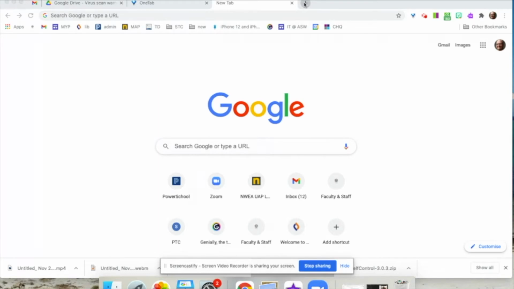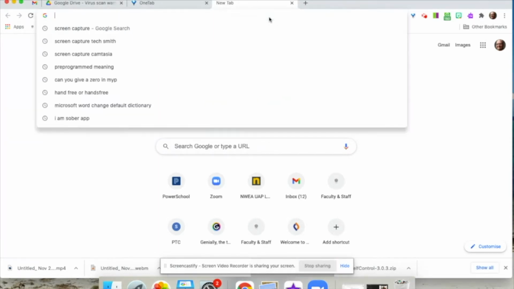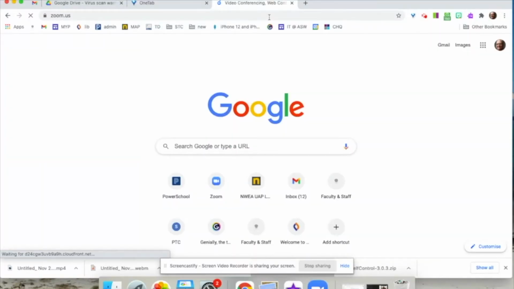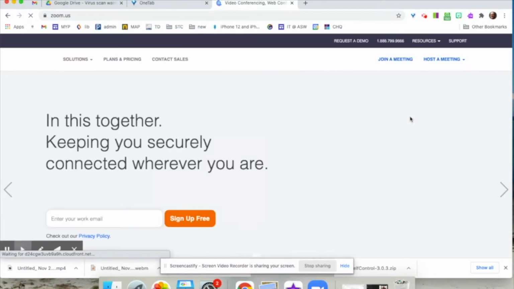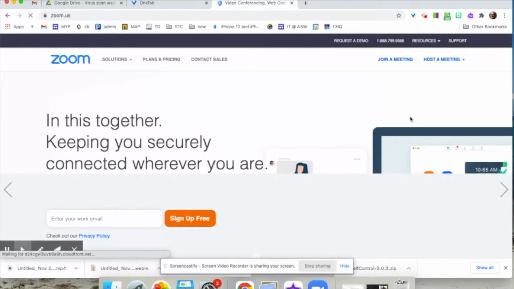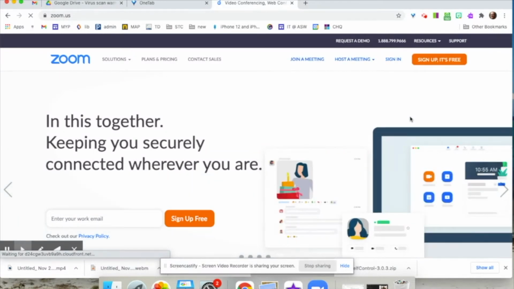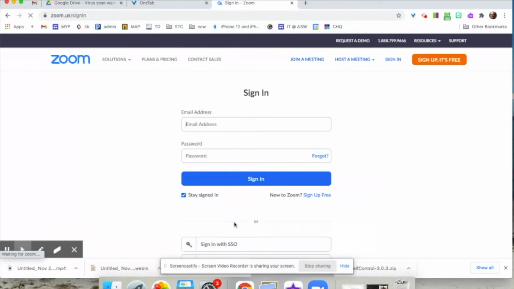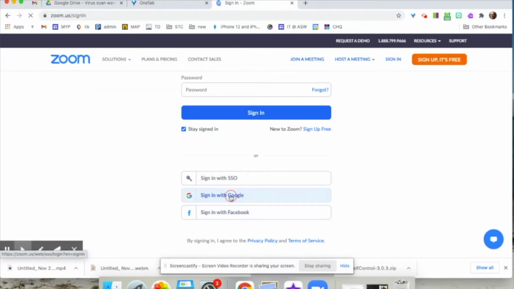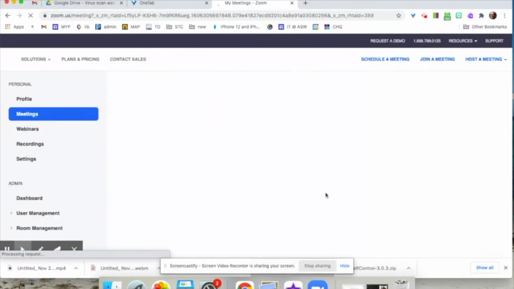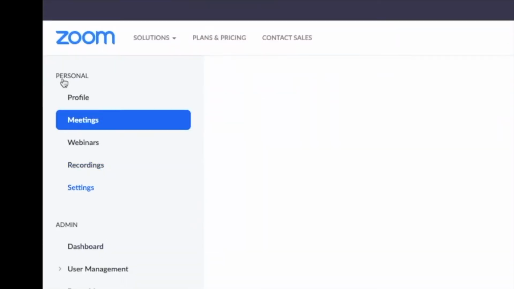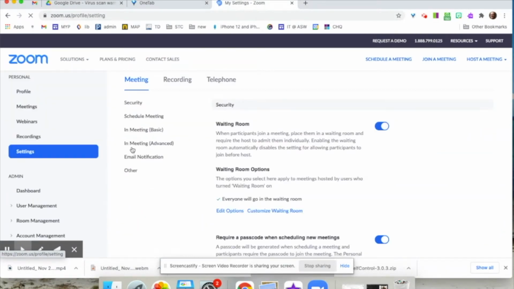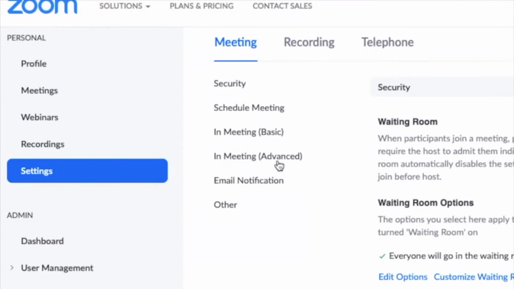The first thing we need to do is go to a new tab in Google and go to zoom.us. Once you get here, we'll need to sign into our Zoom account. Now, I always like to go to the web version because there's just a lot more detail and it's a bit easier to get into your settings. The sign in button, sign in with my Google account so I know I'm using my school Zoom account, and I want to get to my settings over here on the left. Once I click in settings, I can go to the in-meeting advanced settings,